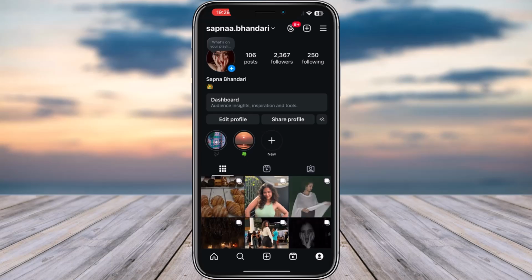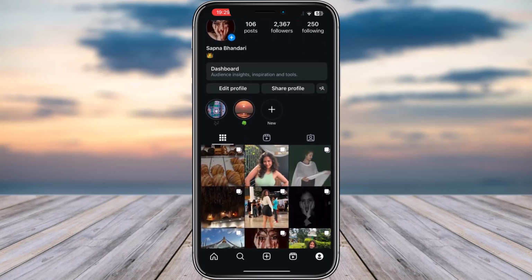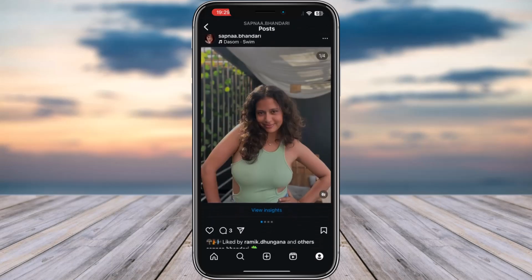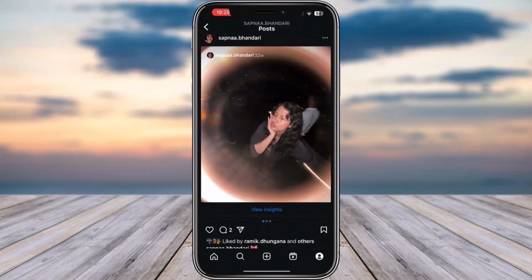Then over here you will be able to check out your posts and find the one that does not have the music. So you're going to go ahead and check it out. Let's say this particular post does not have music on it. If you want to add music to it, we're going to have to go to this three dot menu,